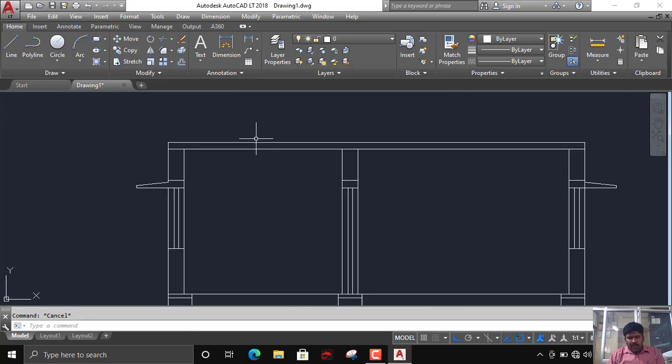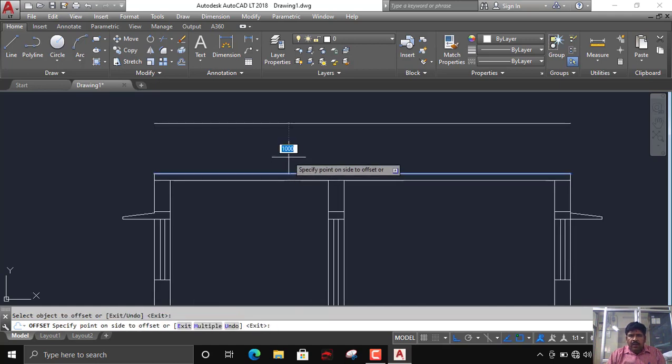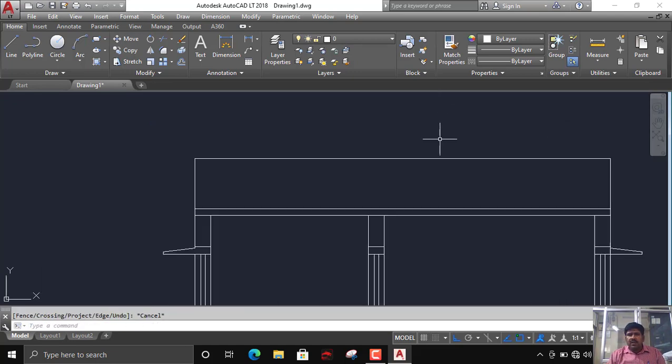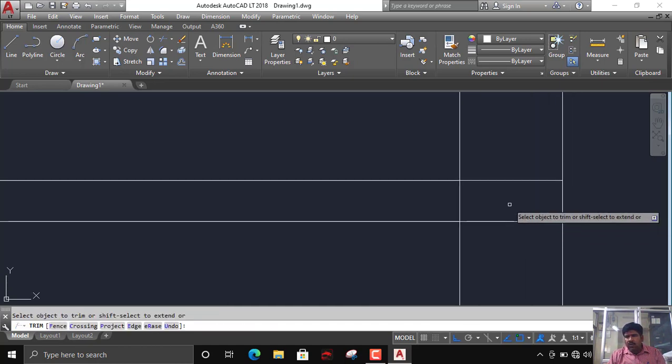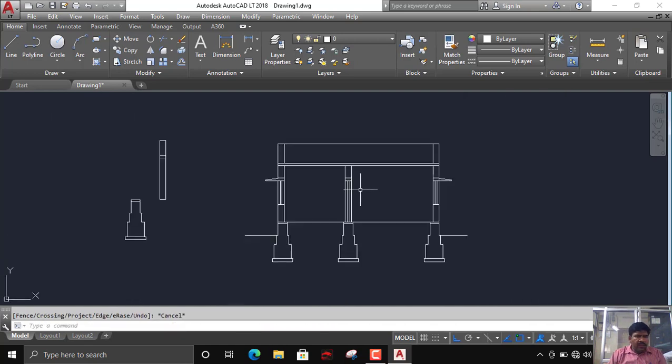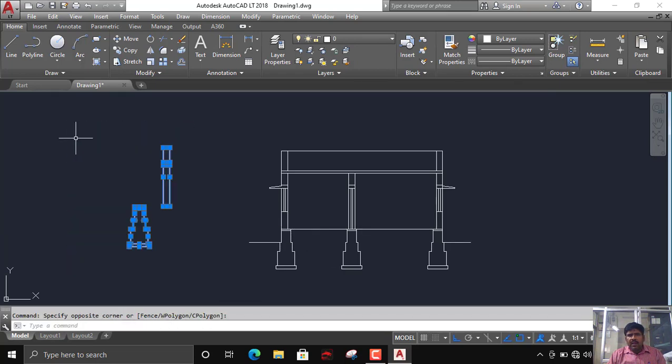Done. After that I will offset the parapet of say 1000 mm. 1000 mm is the parapet. I will extend these lines here. But when I cut, the parapet wall thickness is also visible there, right? So for the parapet, if you are constructing 300, you show a 300 thick line. If the parapet wall is 150, then draw 150 mm. It is left to you, right? That's all. This is your sectional elevation.